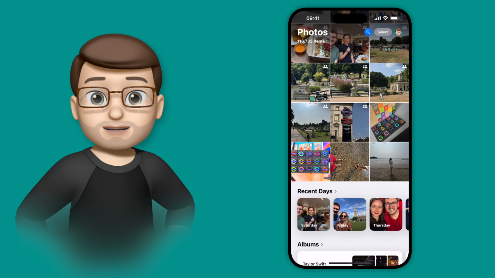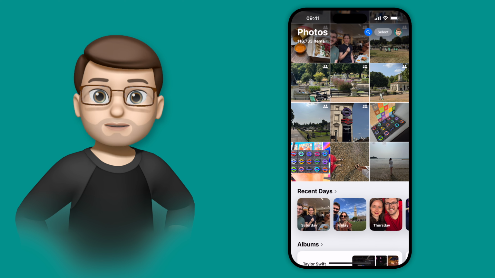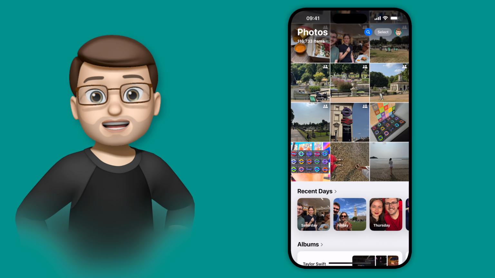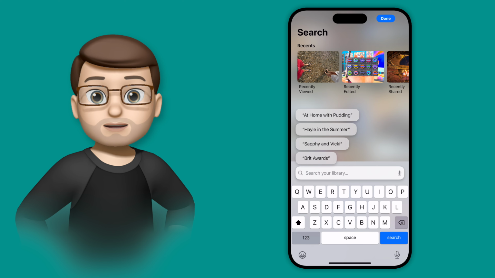The search tool in Photos for iOS 18 is a lot more powerful and easier to use than it's ever been before, which means you can browse your vast library of images and find the exact picture you need really quickly. To test it out, I want to find a picture I took of Coldplay at Wembley Stadium a couple of years ago. So I'm simply going to tap onto search, and I'm going to start off by searching for